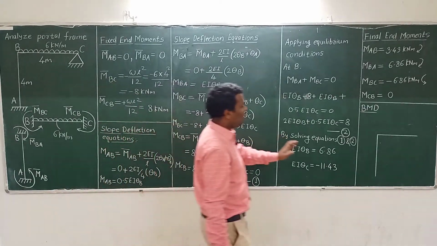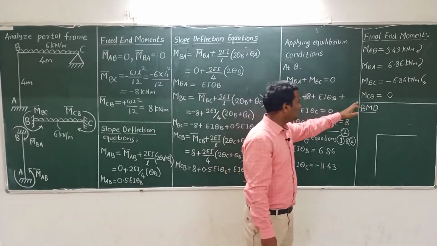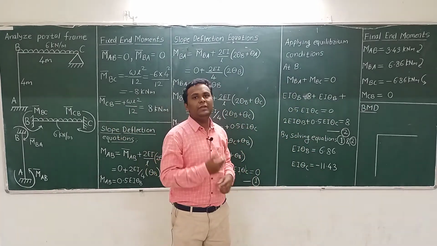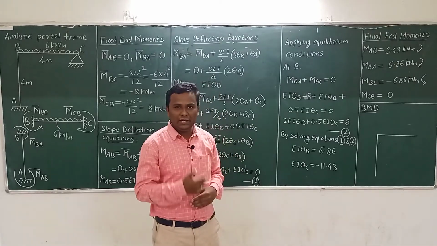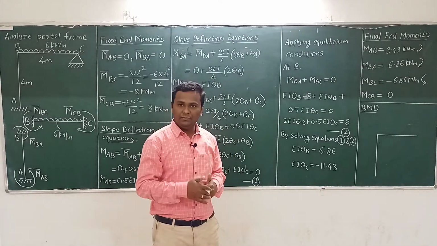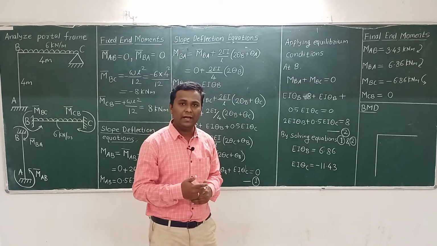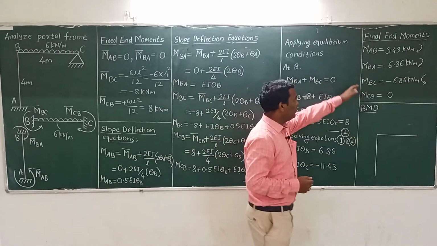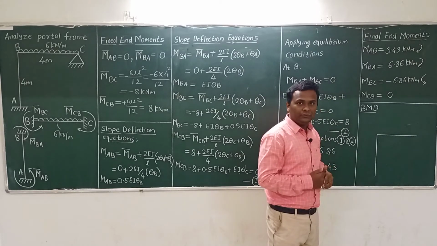So let us first draw the bending moment diagram because of the end moments, and then because of the applied load, what will be the free bending moment diagram. So here it is the combination or the net effect of the bending moment diagram because of the fixed ends and the bending moment diagram because of the simply supported ends. So first draw the bending moment diagram because of the fixed ends. So these are the final end moments for those fixed ends.